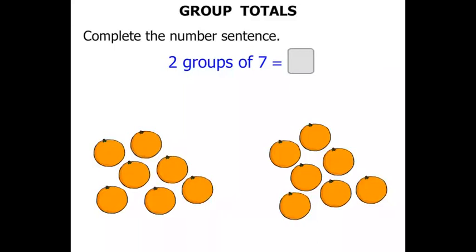Now, what does it all equal? What does it all add up to? Well, let's start counting. 1, 2, 3, 4, 5, 6, 7, 8, 9, 10, 11, 12, 13, 14. So 2 groups of 7 equals 14. Right, look at those oranges. They look a bit funny. Let's put the orange